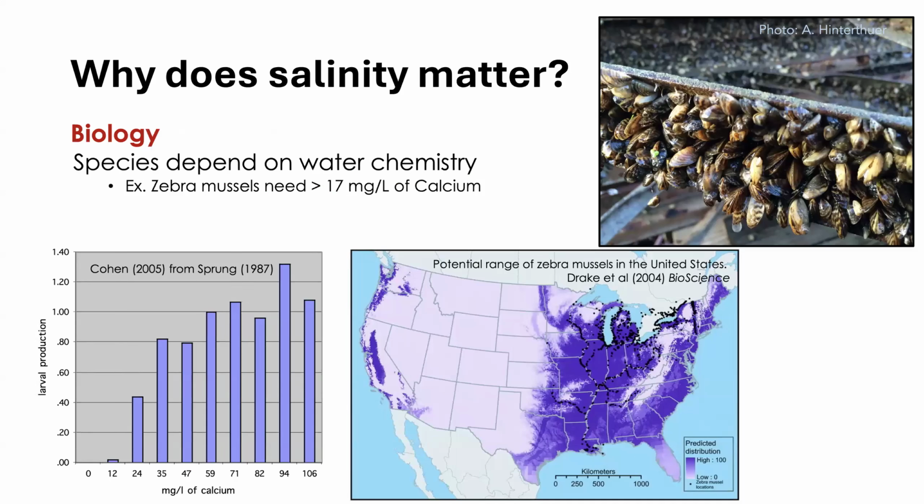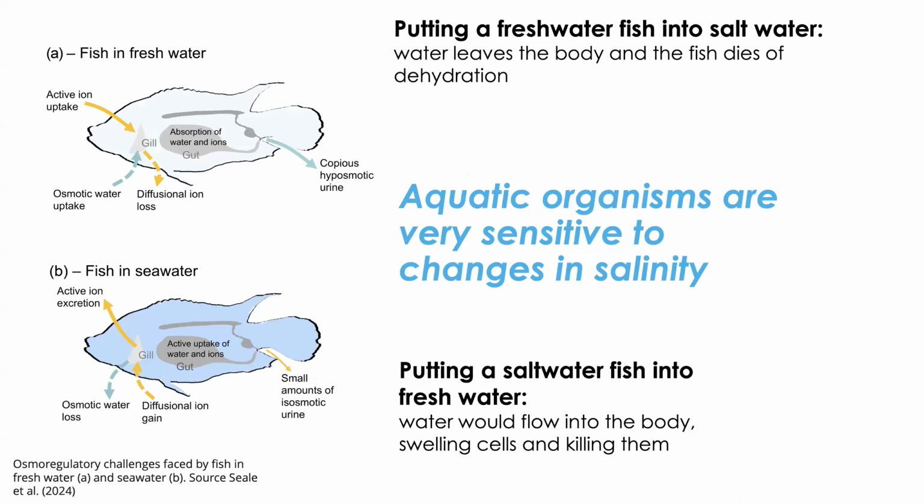All right. Also, chemistry matters for organisms living in the water. So we can think of salt as being a chemical change, and organisms need different ions. Ions affect them differently. A good example here I'm showing is calcium, which is a salt, and it's necessary for certain organisms to live. So zebra mussels, for instance, use calcium for their shells. Some lakes actually don't have enough calcium for zebra mussels to live, which is great. So chemistry matters for animals and plants.